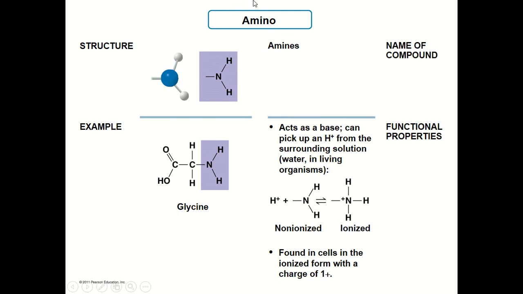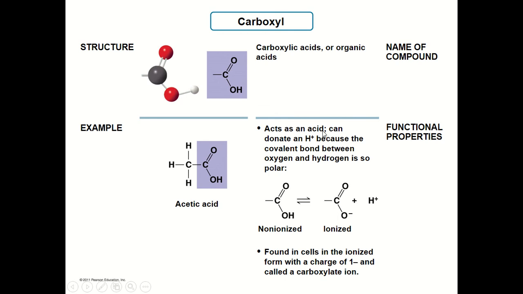Next functional group is the amino group. The amino group consists of NH2. So this NH2, or amino group, attached to the carbon skeleton, the compound will be known as an amine. Usually it acts as a base, compared to the carboxyl group,